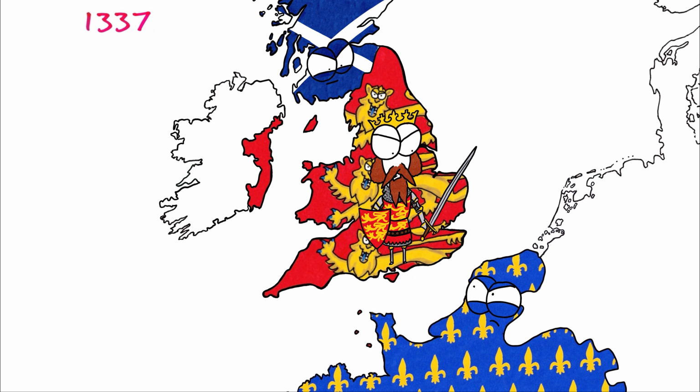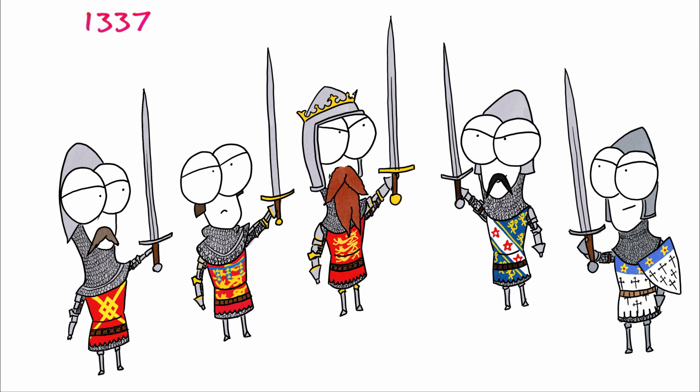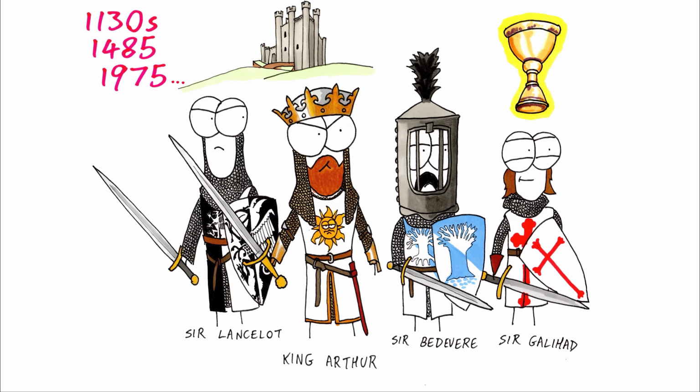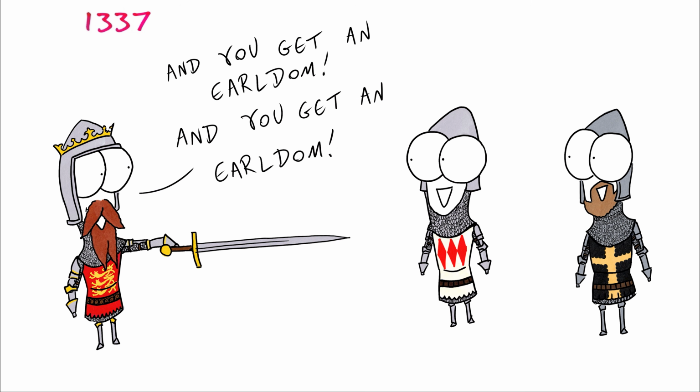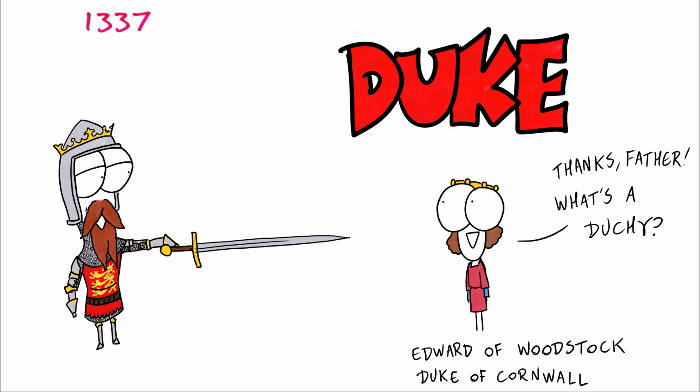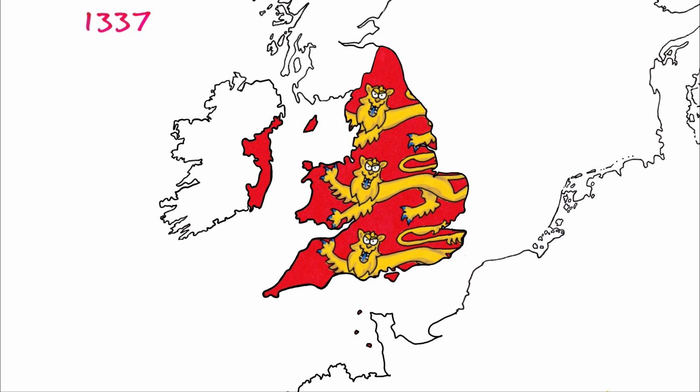Because France and Scotland were allies, Edward needed to be careful not to start a fight on two fronts. To soften up the barons, Edward promoted the idea of chivalry and knighthood, harkening back to the old stories of King Arthur and the Knights of the Round Table. Edward created several new earls and created the title of Duke for close royal family members. His son, Edward of Woodstock, later known as the Black Prince, became the first royal duke. These duchies would ensure independent wealth for the royal family.